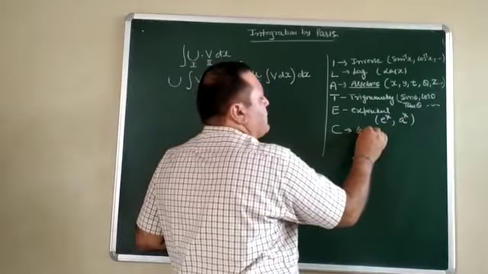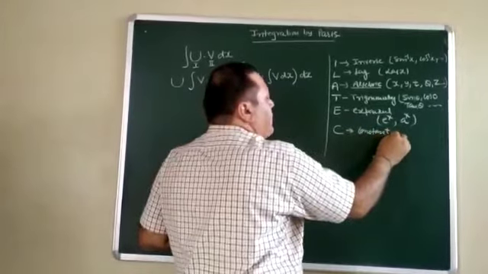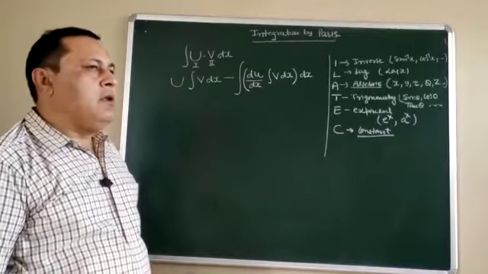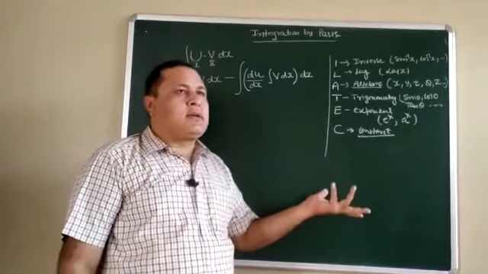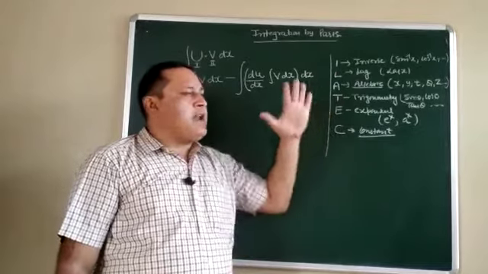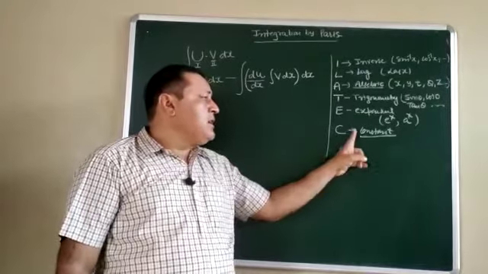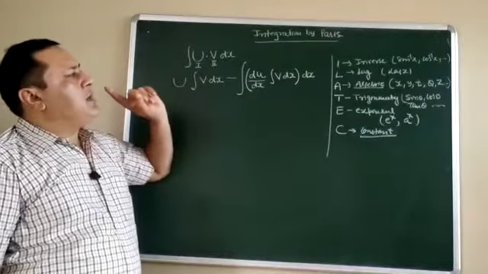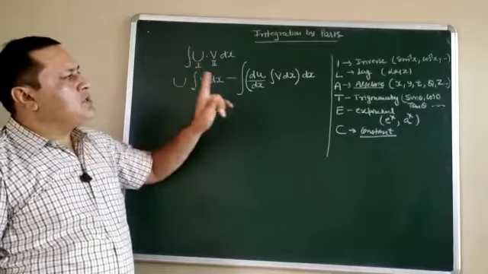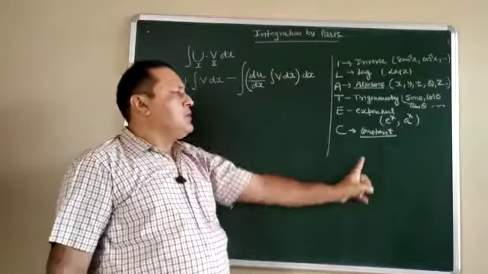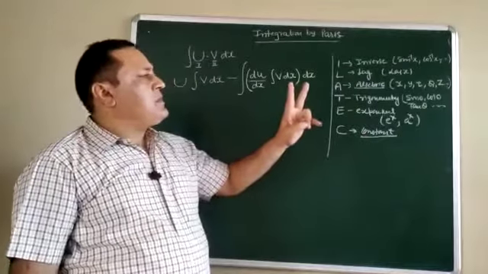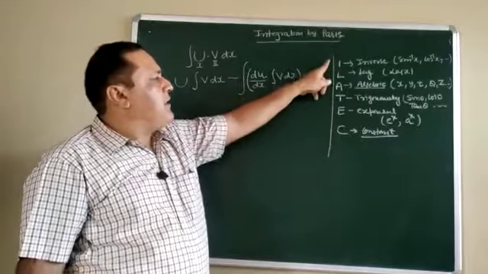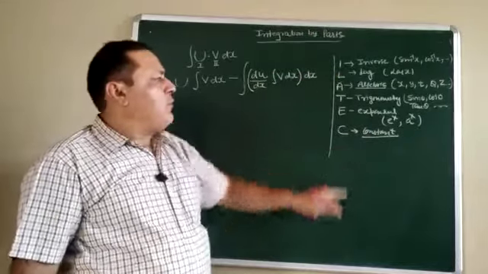C means constant function. Whenever we do not know the integration of a function, like we do not know the integration of log x, or the integration of sine inverse x, in that case the constant will help us to find the integration. In integration by parts, we have to select the function according to this format. When two functions are given, we can identify which one becomes the first function and which becomes the second. It depends upon this order. You have to follow this order.